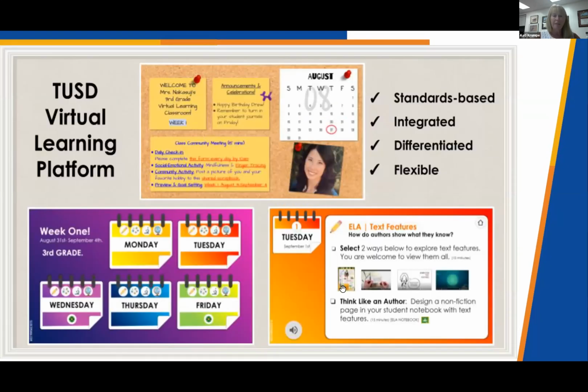So some of you have seen this slide before. At the elementary level, there is a platform via Google Classroom that our students are going to utilize. The teacher, based on the needs of the students in his or her class, may choose to teach a lesson during the first hour of the day. And then they may provide direction based on the curriculum that is built within this platform and send them off